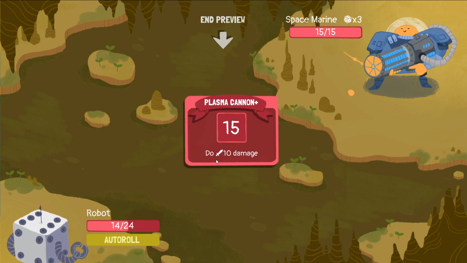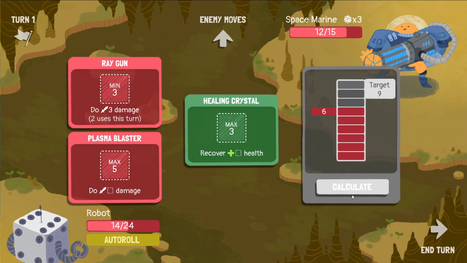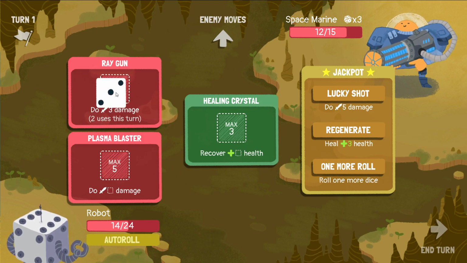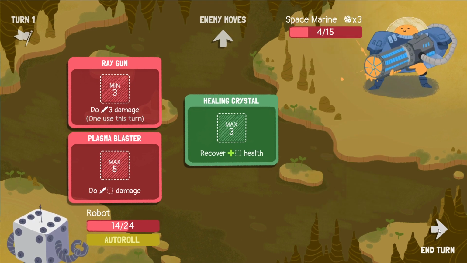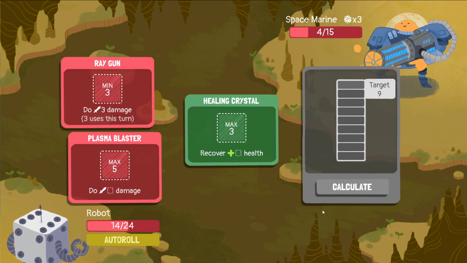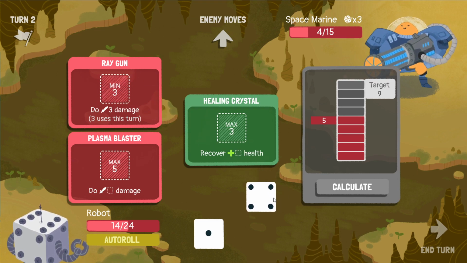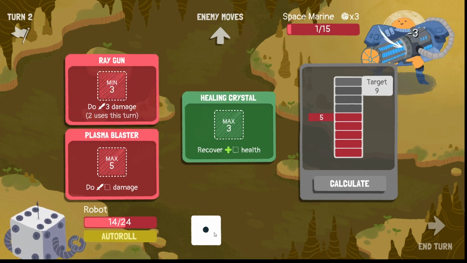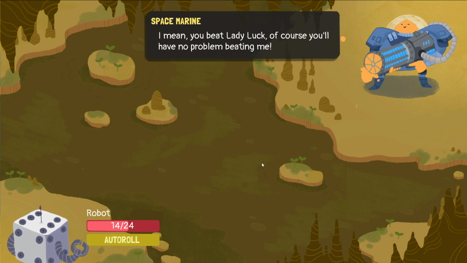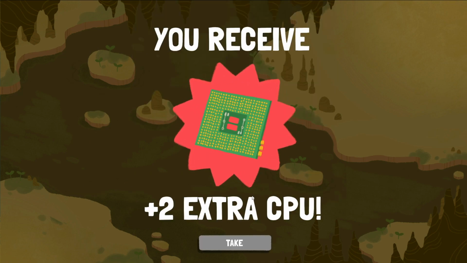So Space Marine powers up for just a really strong attack. Alright, let's just always roll 6s, apparently. Alright, well, we hit that this time, though. Don't suppose it really matters too much here. Oh, it might. Oh, never mind, never mind. But I don't think I ever died to Lady Luck, and I may have died to a Space Marine before, so...